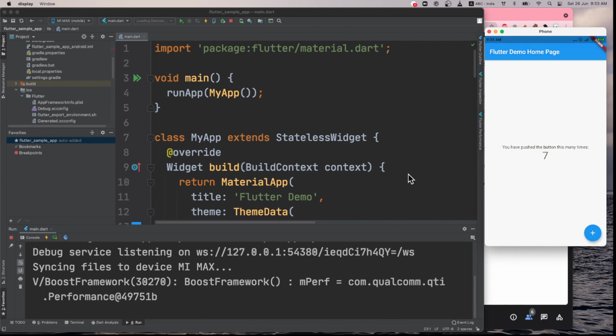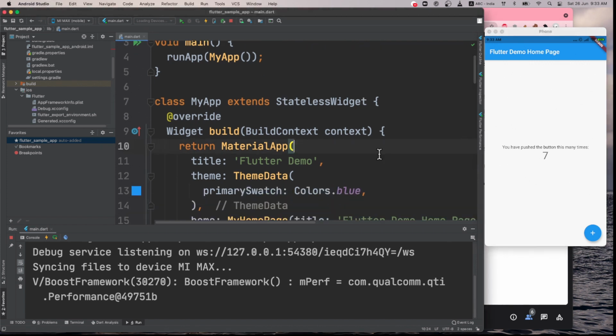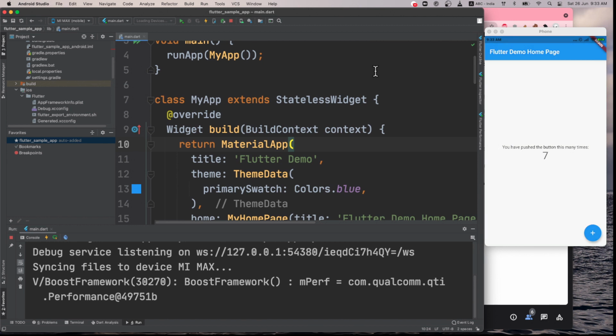Now I will show you that if you change this code, this screen will update automatically without running the application again, and that is the beauty of Flutter. You cannot do the same thing in Android or iOS if you are doing a native application. Now here you see the Flutter demo. On top you see Flutter Demo Home Page. I am just changing it to say My First App, and I am just saving it.